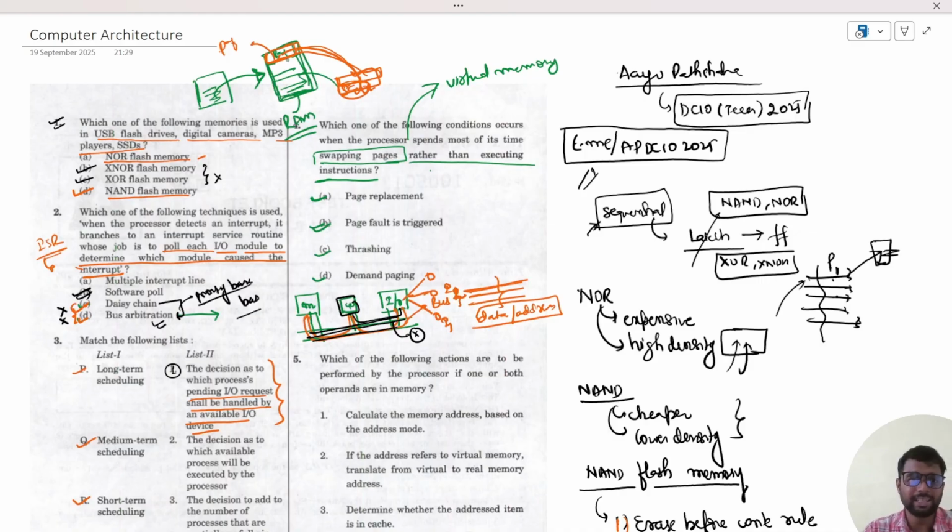When this incidence occurs on a large scale, that is, for each instruction the program has, each time the processor goes to the main memory and does not find the required pages, each time it will go to the secondary memory and load that page into the main memory. Again, it will go to the secondary memory and load the page. So most of the processor's time is wasted in loading pages from the secondary memory to the main memory. This is known as thrashing. So the correct answer would be thrashing. In the next question,